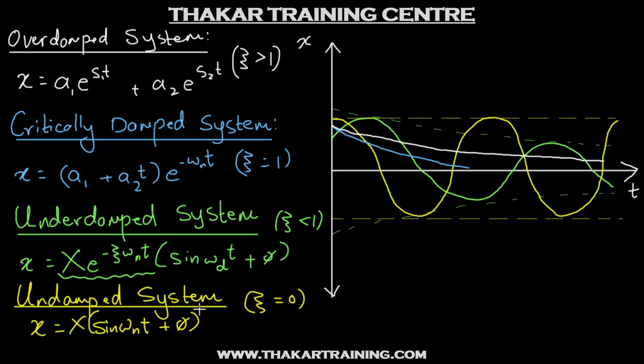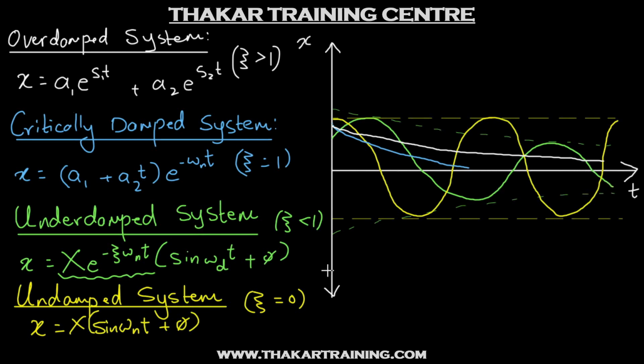Whereas for an undamped system, the amplitude just remains constant. It is never going to change with time. It is just a constant amplitude. It will never come to rest. Whereas in case of underdamped system, it will come to rest after a certain time. That is what we can say practically, that the amplitude will become infinitely small. So we can say that it is coming to rest practically.